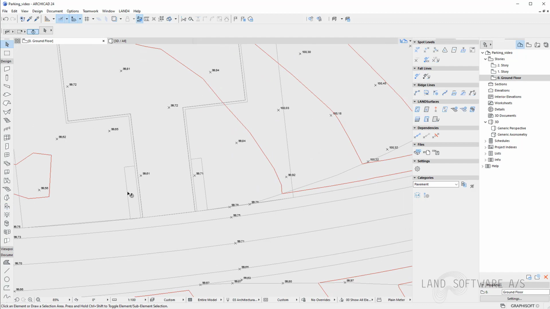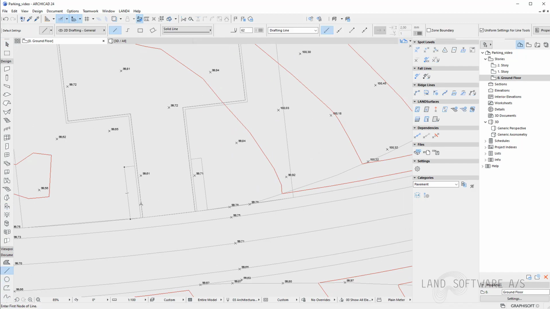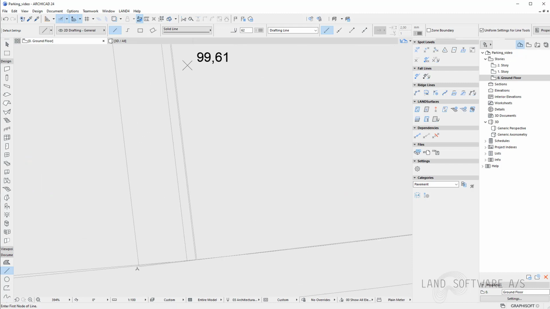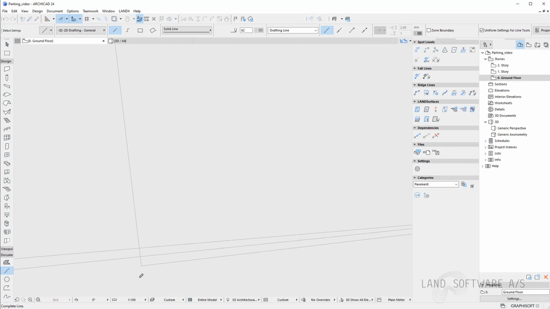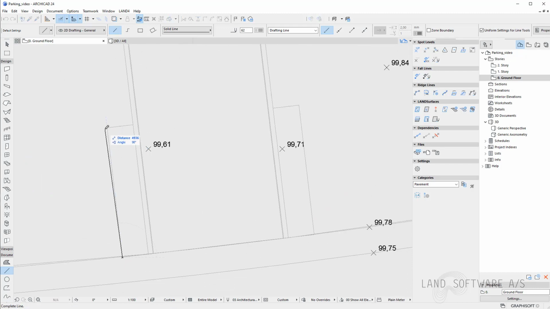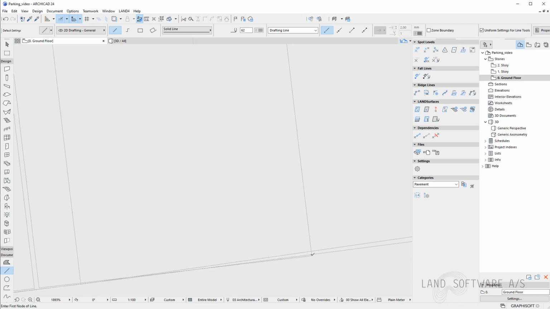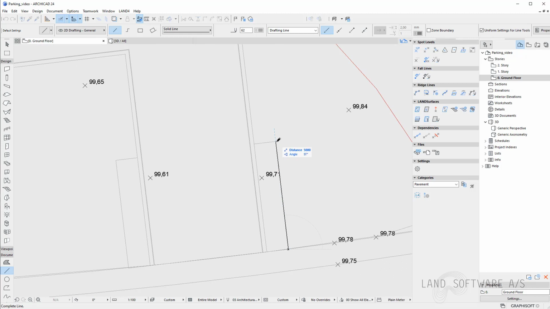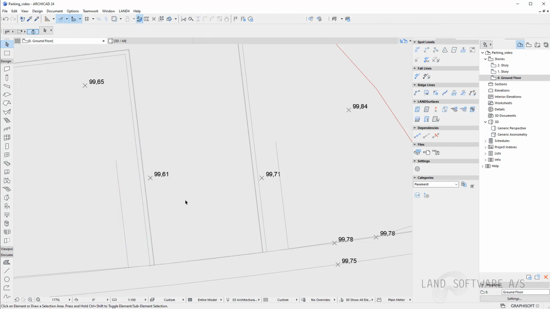I'm just using these rectangles as a help line to create the lines. Again, they're rough, and I'll adjust them later to match the road lines and the parking edge lines.